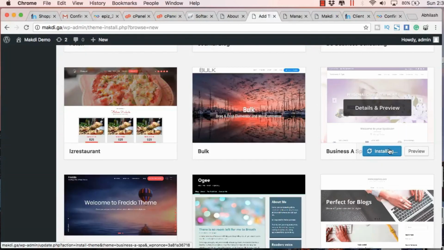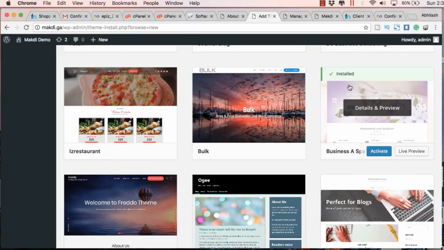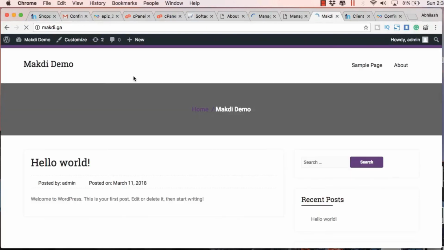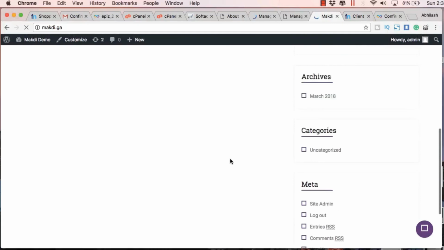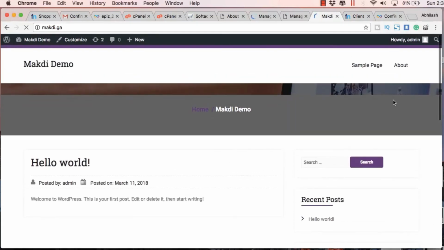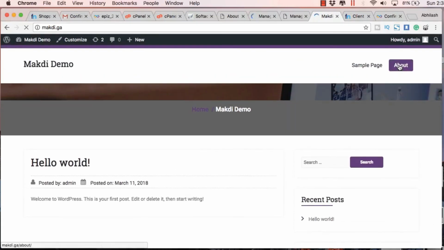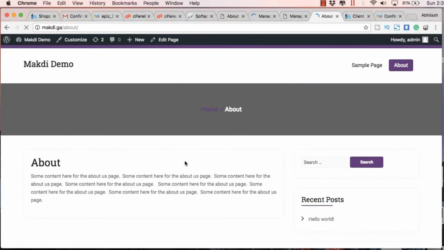I will just install this business spa theme, and I have just activated it, and this is how it looks. So you can further customize these themes. It's a very vast topic to cover in this tutorial.